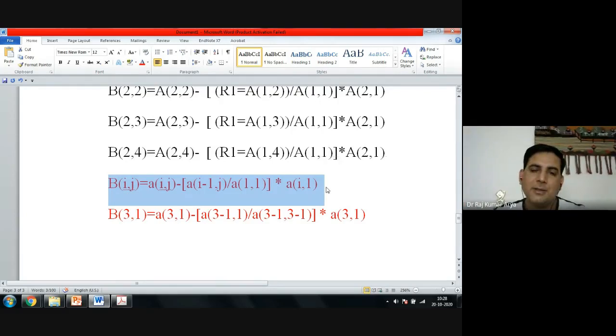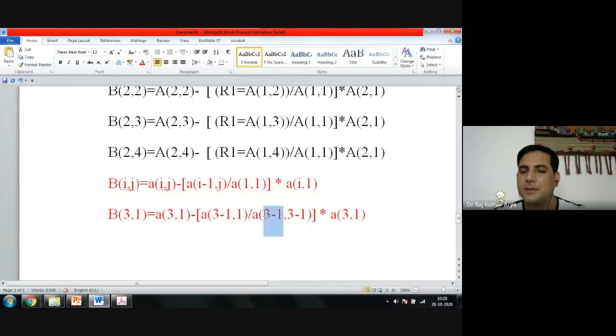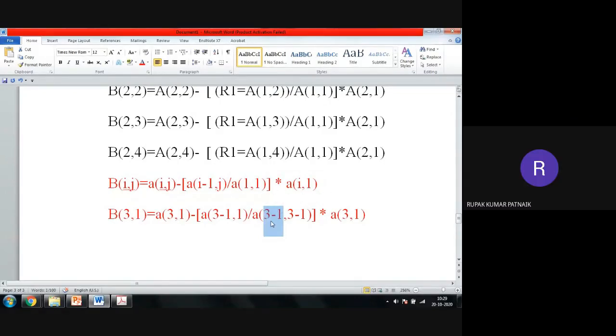This is okay, good, fine. But I want to do the same calculation to be performed for 3 comma 1 also. What should I do? So if I do 3 comma 1, I want to change these one, but I don't want to change here. Yes or no? Yes, sir.